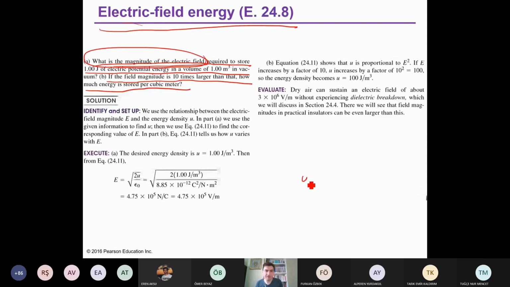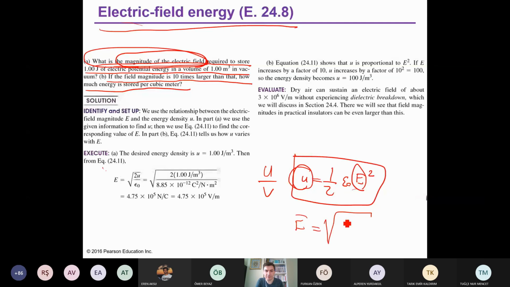So we know that energy per unit volume, or energy density, is given with this expression, 1/2 epsilon 0 E square. What is this? This is energy per unit volume, okay? And if you know this one, you can calculate the magnitude of the electric field. So here we have the electric field. It is given with this form of the equation, okay? You can get this electric field from this expression in this form,